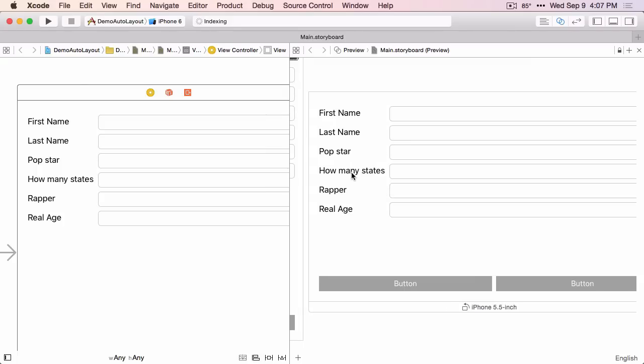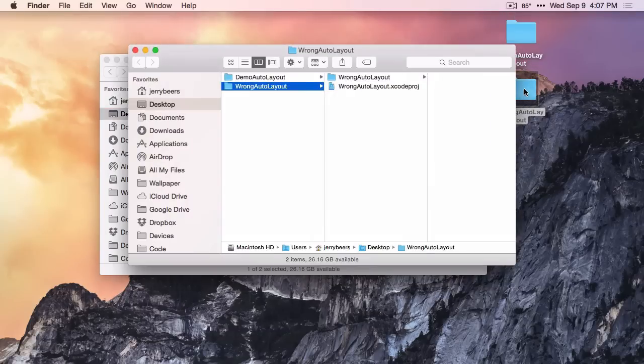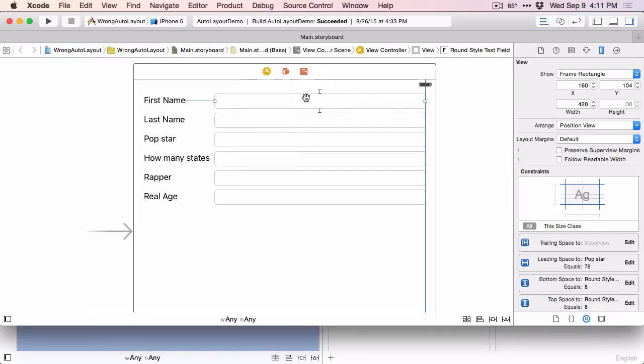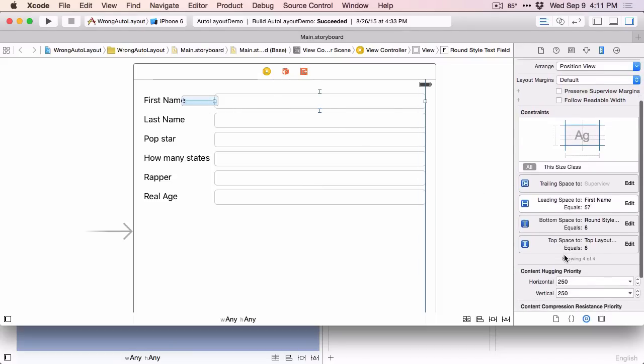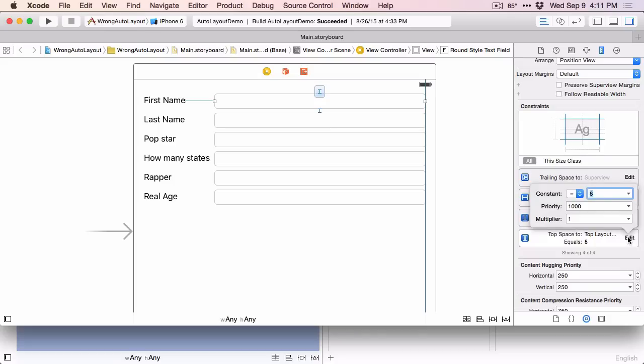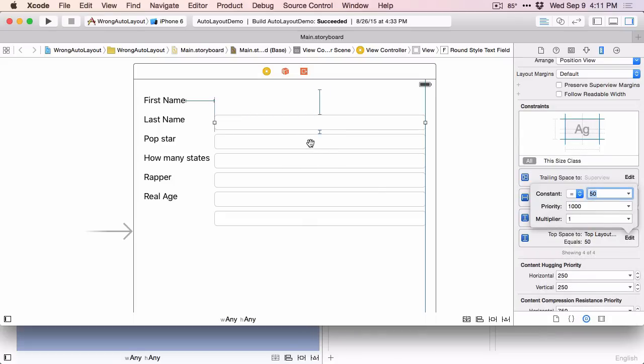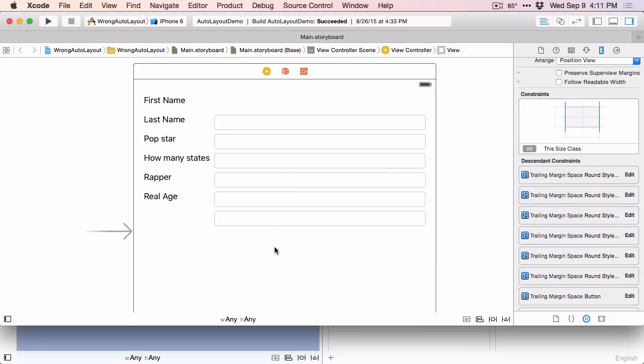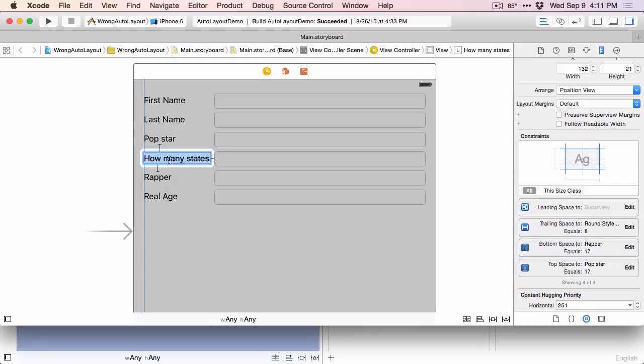Let's contrast this with this project I have created. Here I have a layout very similar to the previous one we were looking at, but in this case I have constraints created between each of these views and their surrounding views, and not between each of these views and the top views. And let's look at how flexible this is. So if I modify this top space constraint to make some room, well, the text fields are all constrained to each other, so they just move down, but the labels didn't go with them. And if I wanted to change this text